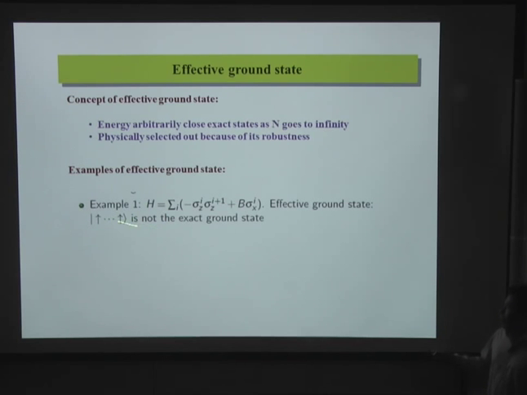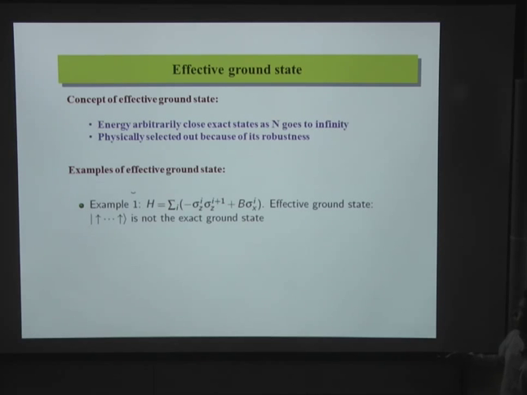Normally we take the ferromagnetic state as something with spins pointing up or pointing down. That's our normal state. But this state is actually an effective state. It's not the exact state. Because you can easily look at this Hamiltonian. As long as this B is non-zero, this B is still smaller than 1, it's still in the ferromagnetic region,